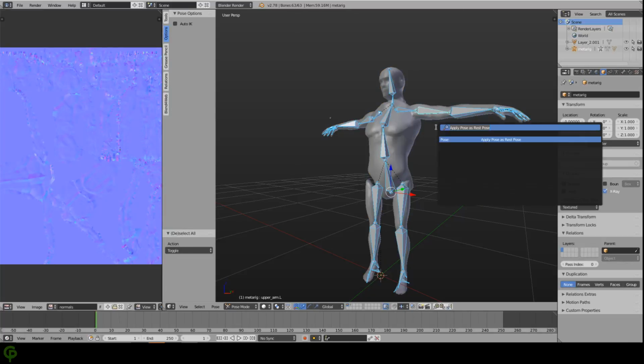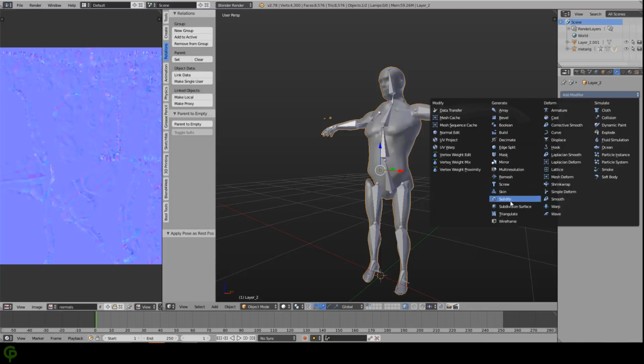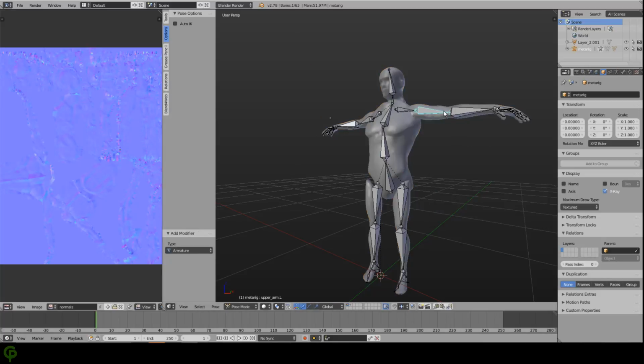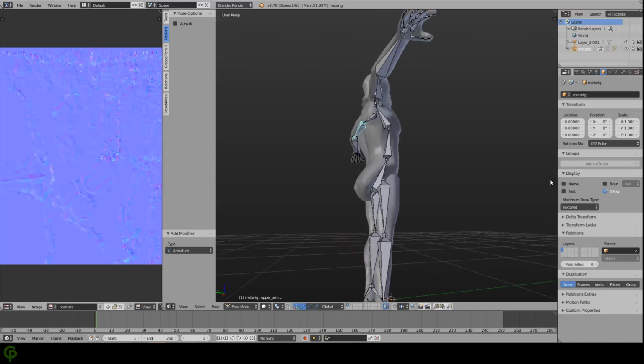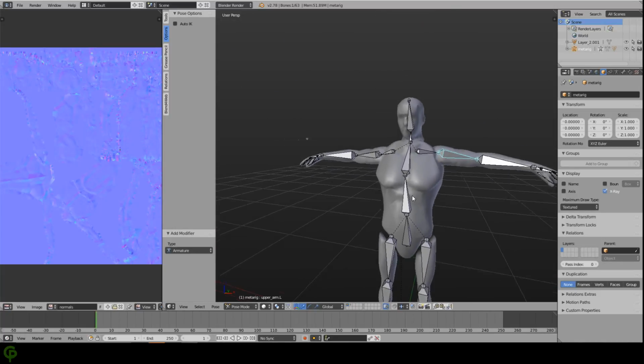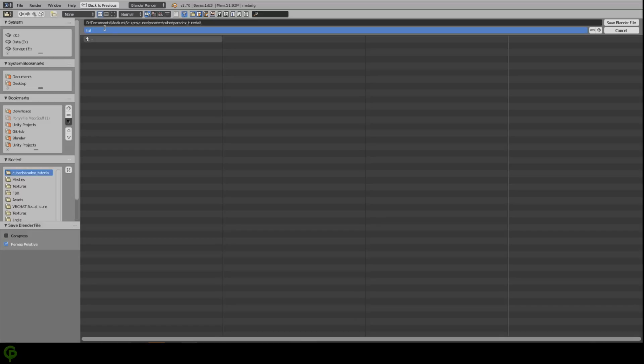And then select the bones, apply pose as rest pose, and then we add an armature modifier. So now he still bends and he's in the right pose, so things won't be super wonky in VRChat. So I will just save that out as tutorial guy,